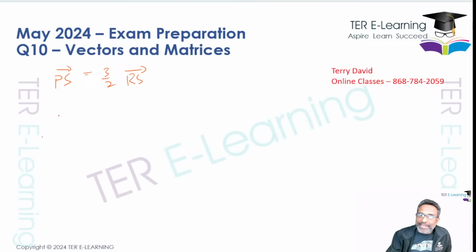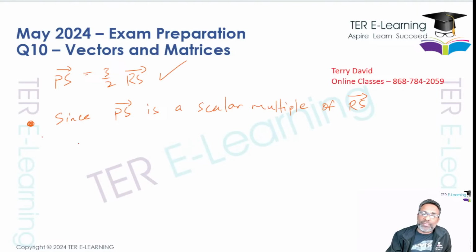There are two things we need to say to get the mark. We're going to say, since PS is a scalar multiple of RS, and I'm saying that because of the statement that we have here. So this is where we get a mark. Since PS is a scalar multiple of RS, they are parallel. And the next thing we need to say is that since